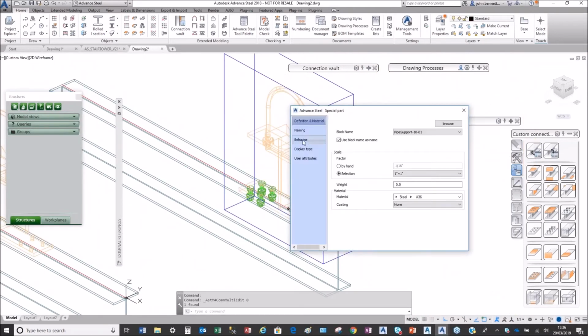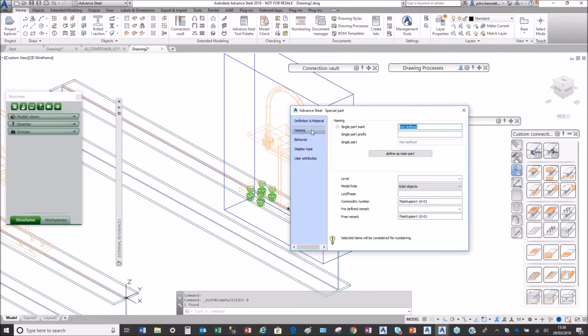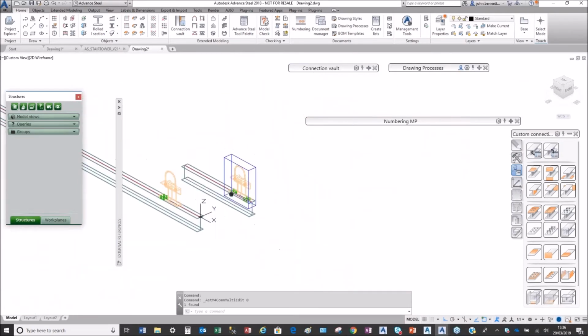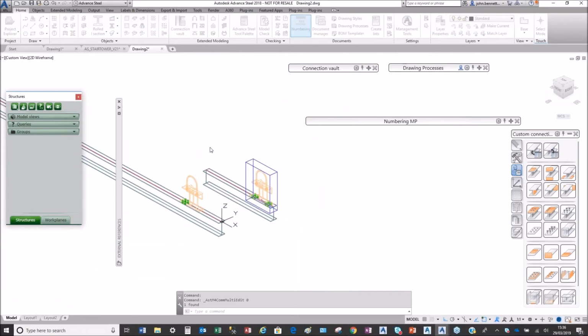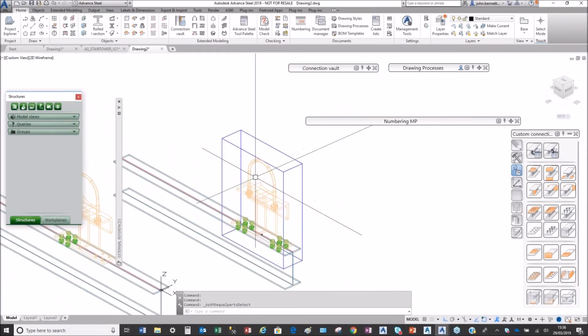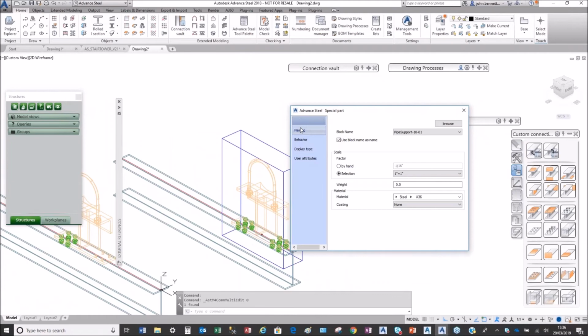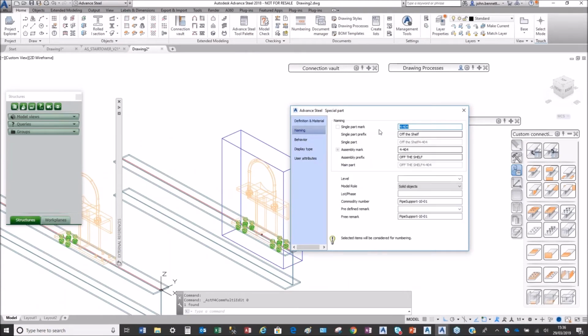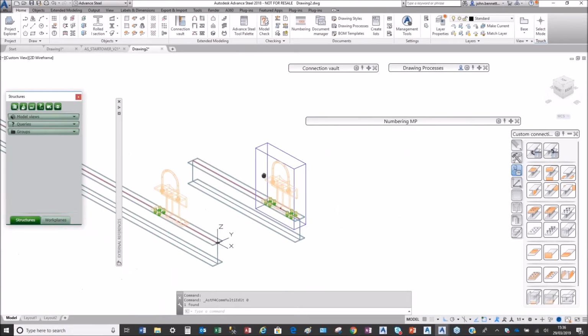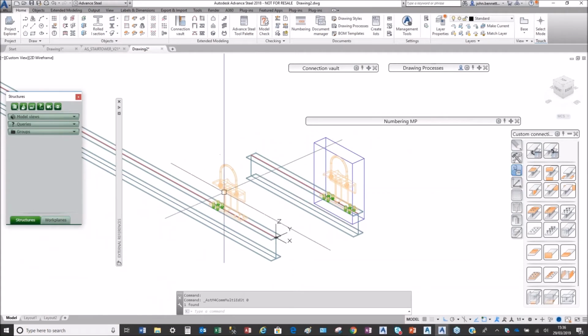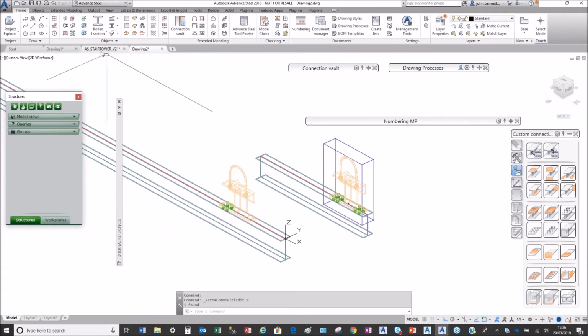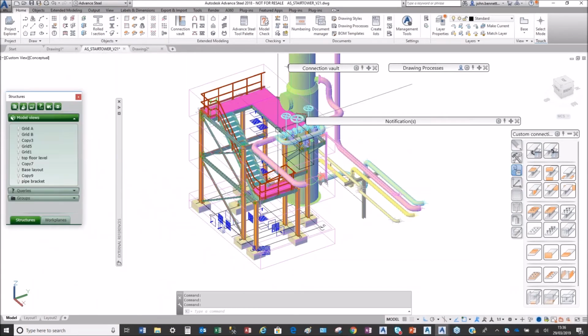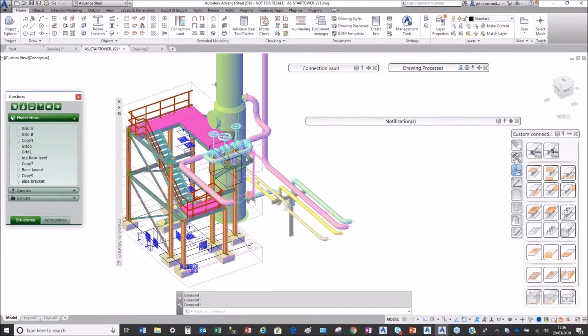So this should have the same setup as the other one. So actually, if I now renumber the model, if I've done it correctly, it should pull through the numbering from the standard part template. So this can be quite useful, obviously, inside a plant project as well, because, for example, here we do have,